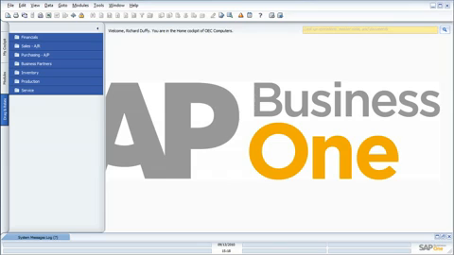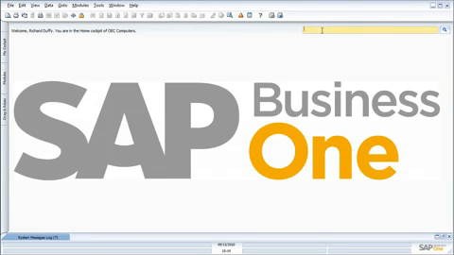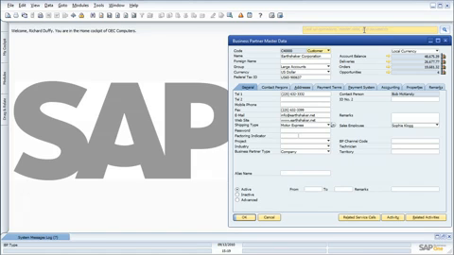The final thing I'd like to show you in this short demonstration is the lookup functionality, or the search capability that's built into SAP Business One. So I'm going to minimize my screen down. So what I'm able to do is, by going up here onto my search bar, I can just start typing anything. Let's say I'm typing in a business partner name, a product code, a product description, and what SAP Business One will do is automatically start to try and find that information for me. So let's say I'm looking for Earthshaker. So I can put in Earthshaker and I can hit enter, and it brings up that specific information for me